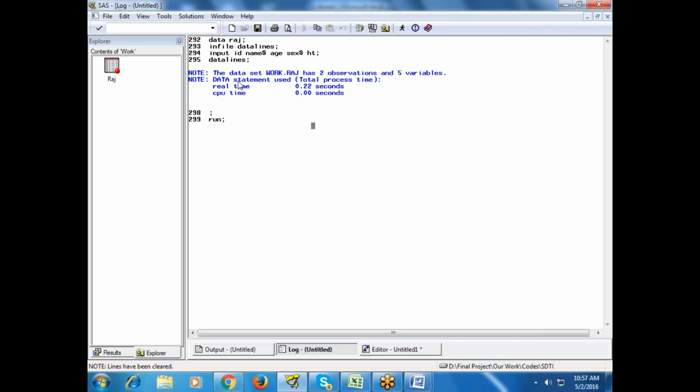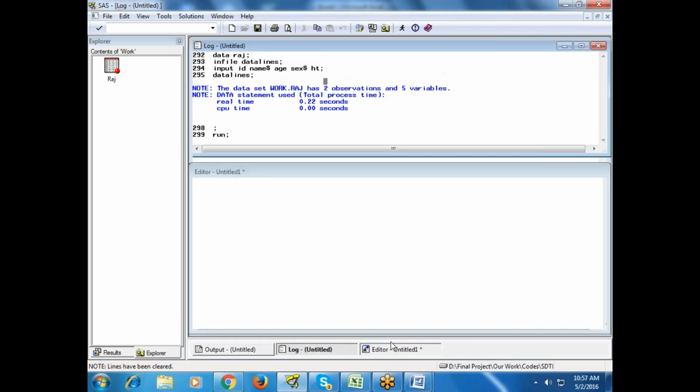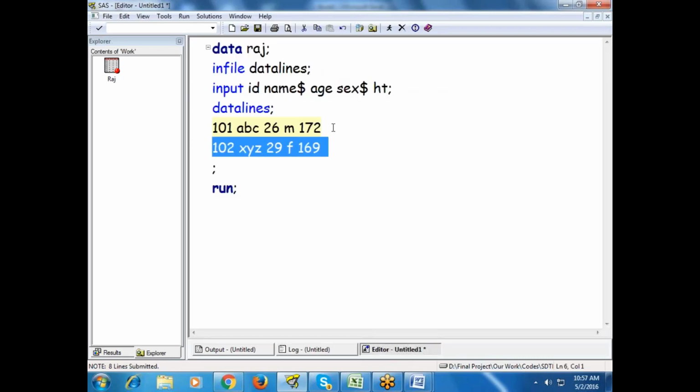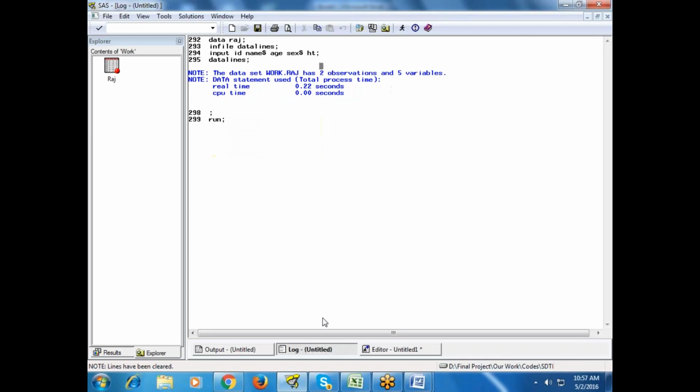It says the data set work.raj has 2 observations. 2 observations means 2 rows. How many columns do I have? 1, 2, 3, 4, 5. 5 columns. Columns are called variables. You can see these are 5 variables.